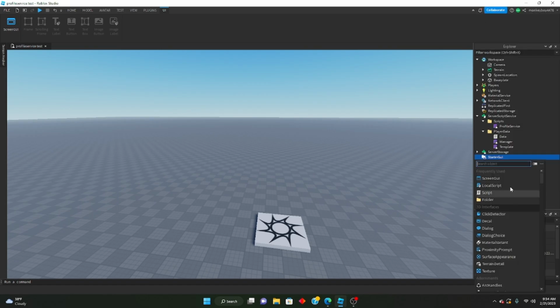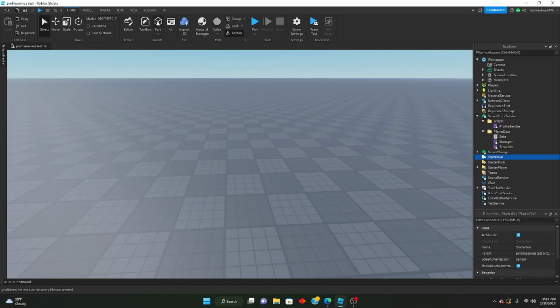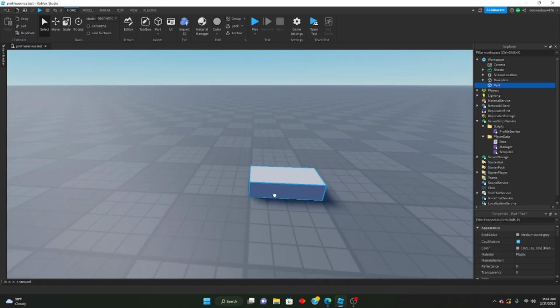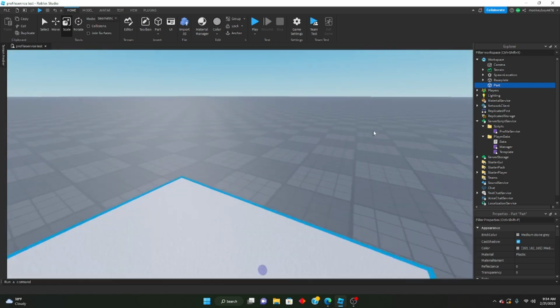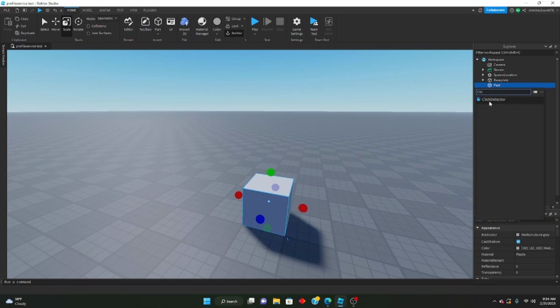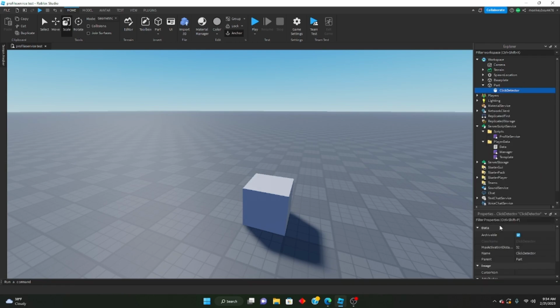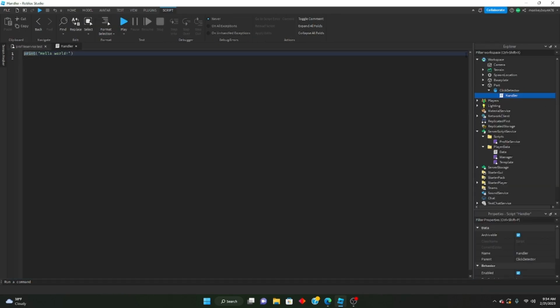Let's say we had a button, right? Actually, let's do this. We'll do a part, and if you interact with it, then you get cash. So we'll just do this, and then we'll anchor that, and insert a click detector, and then a script, and we can go ahead and say